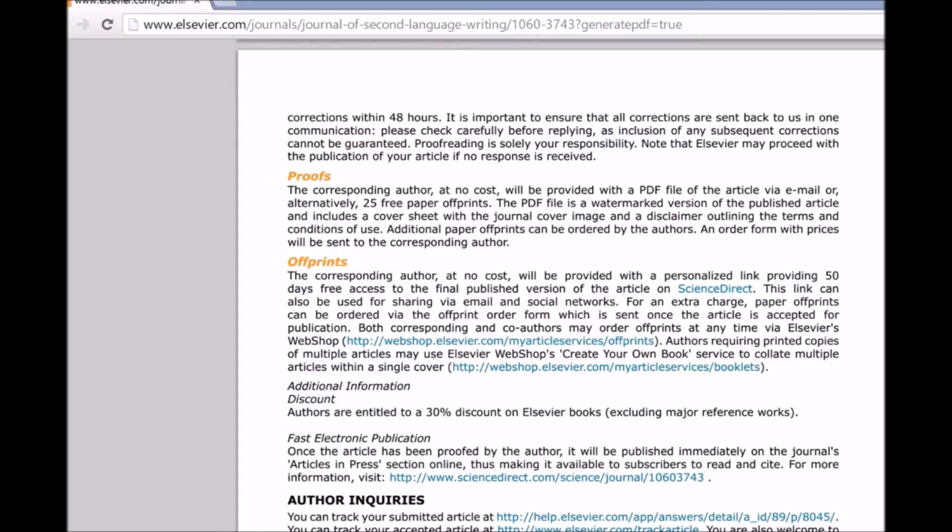So they give you offprints. Here, because it's a corporation, they give you a link so you can get more prints. They even give you a discount. Down at the bottom,